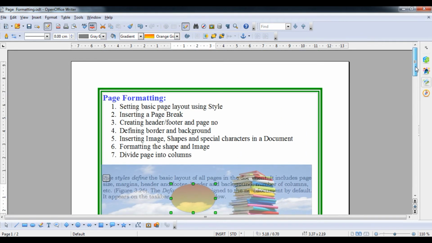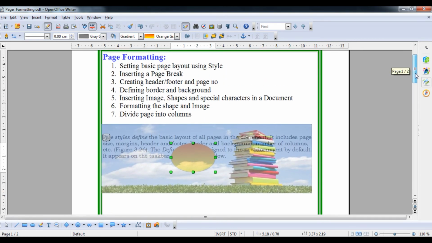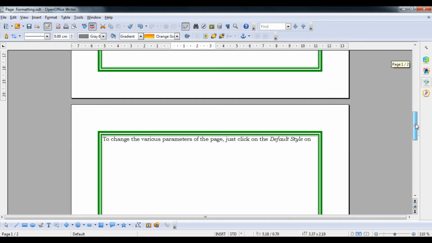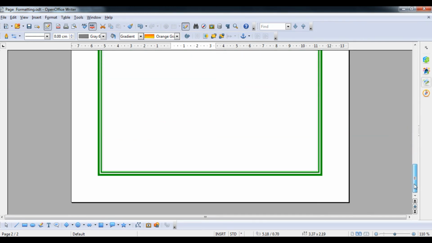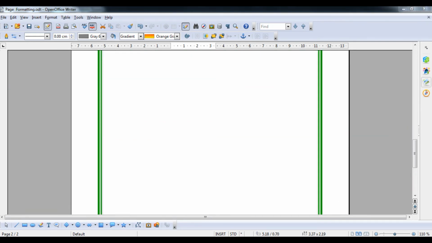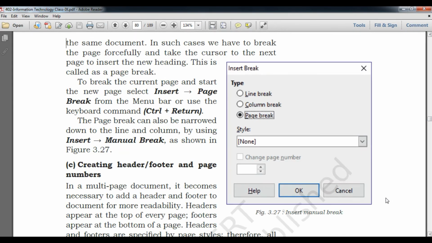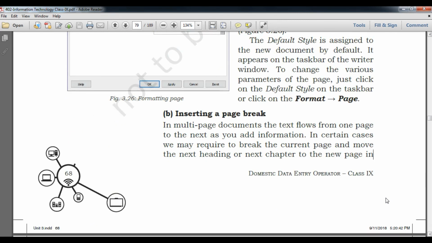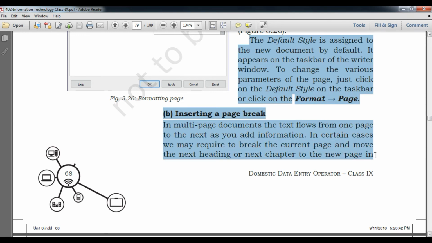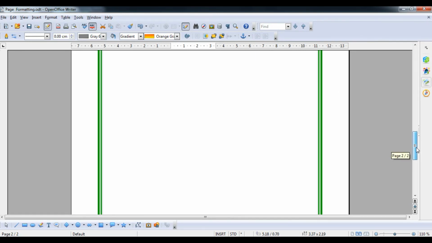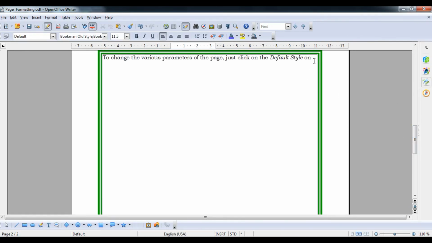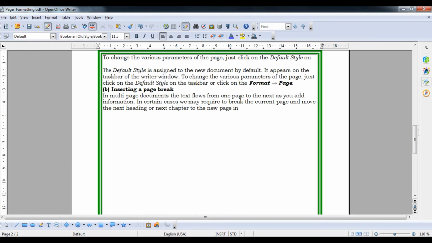So this is a feature of Writer, or you can say the word processor, that is rarely used, okay. In newspaper you have seen number of the columns are there of a text. So how to do this one student? To do that student, I will copy some content from my particular study material, okay, that will help you how to provide the multiple lines or columns. So suppose I have just copied this, and then go to my editor and place it, okay, after here.